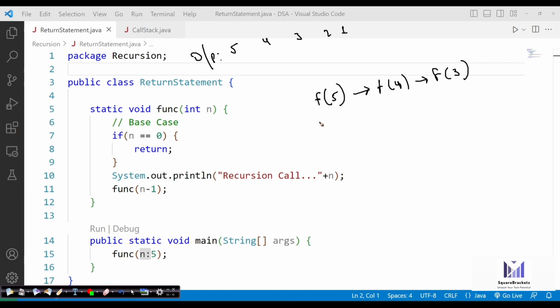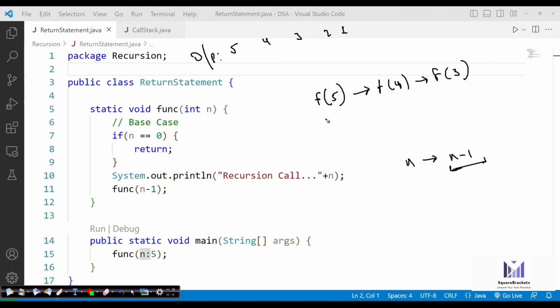Now we need to break down our large problem, that is n. We have to divide n into n minus 1. So that becomes a small problem. We have to print n. In order to print n, we have to decrease n by 1.